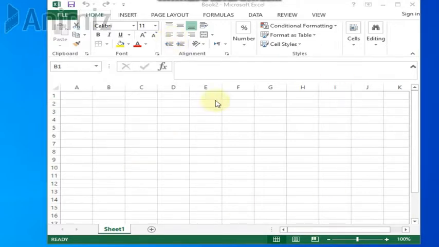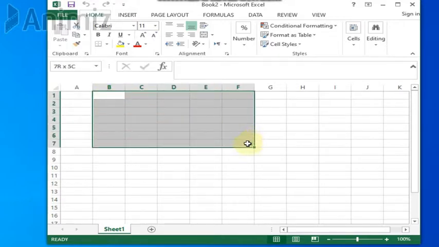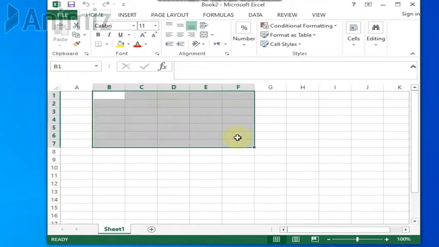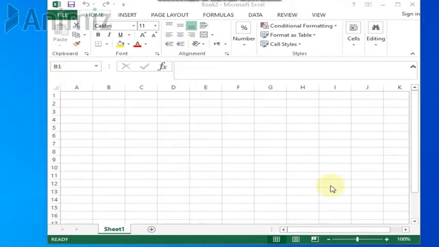Another term that you're going to hear often when you use Excel is range. So what is a range? A range is a combination of cells. For example, if I select this cell, then there are so many different cells that I've selected. The range is a combination of different cells. It's basically a group of cells that are next to each other. Just like we can name cells, we can name a range as well.